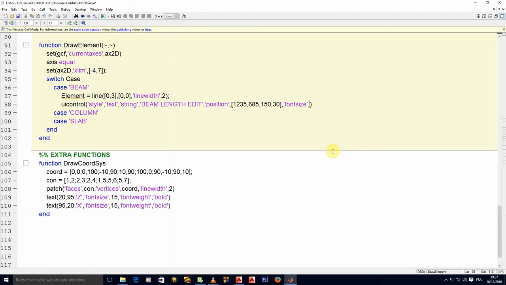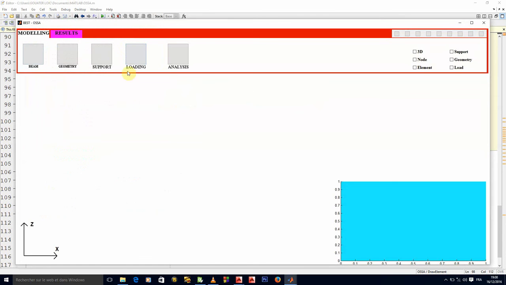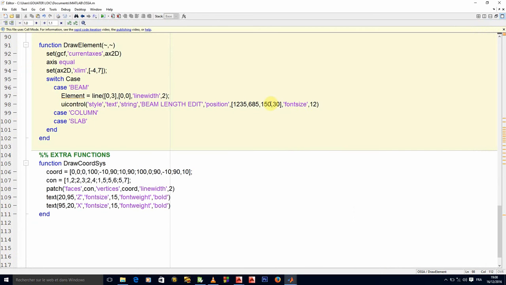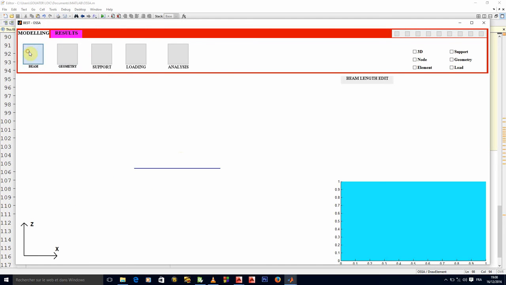Let's try and set it to 12 and see what it gives. Okay. Now it is 2 lines, so we'll increase the length here. Let's try and put it to 200 and see. Don't want it to be 2 lines. Okay, I think that will do.